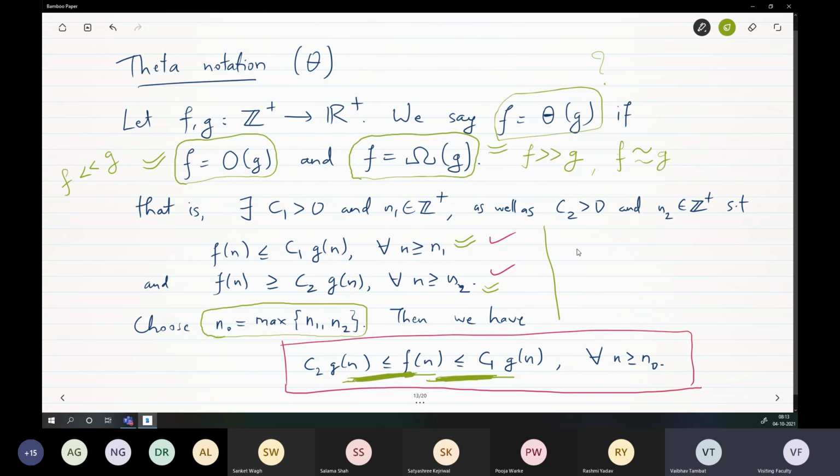It's because of this thing. So n greater than or equal to n0, which is max of n1, n2, if and only if n is greater than or equal to n1 and n is greater than or equal to n2. That's the definition of maximum. So now you can use both properties because this is true and this is true. Both are true, so both inequalities will be true. That's the idea.